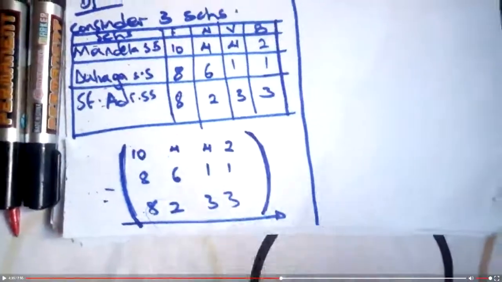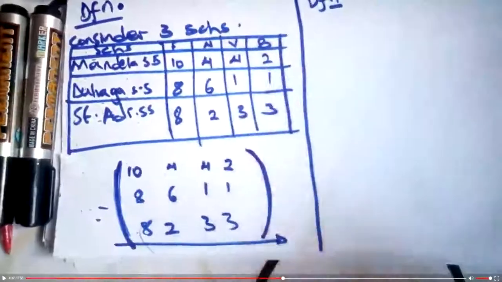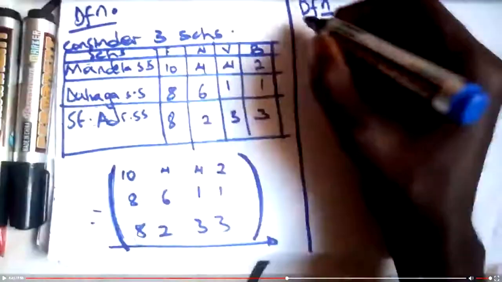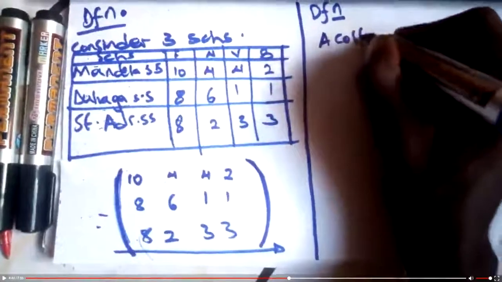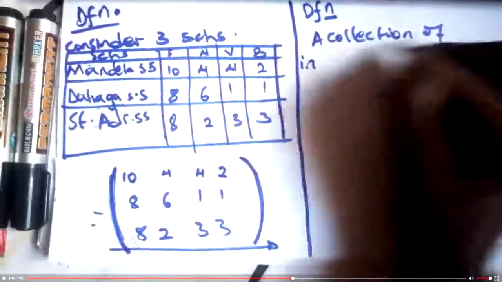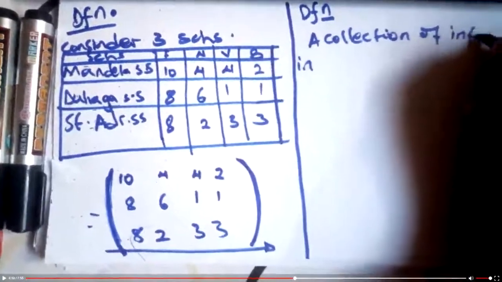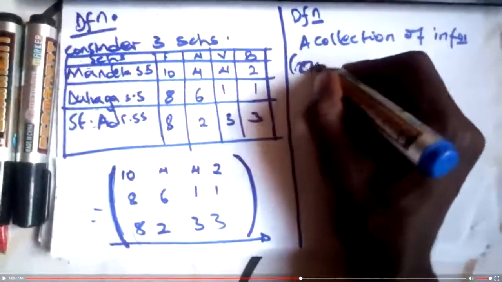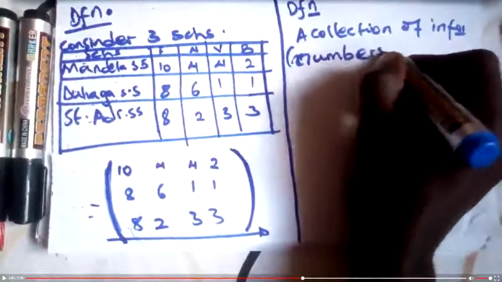It's a rectangular representation of the information given above. Okay, all I can say, a matrix is a collection of information. This information is numbers, so it is a collection of information in form of, let's call this information, numbers,